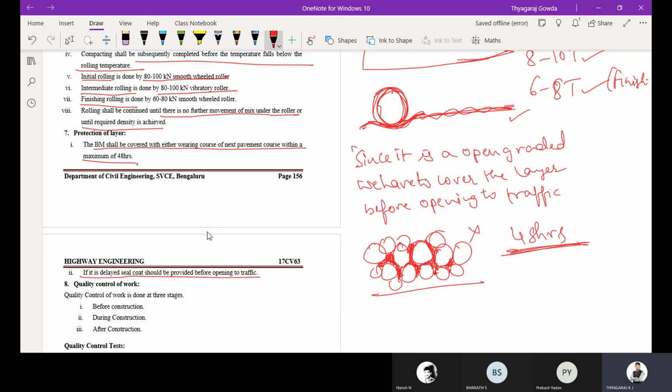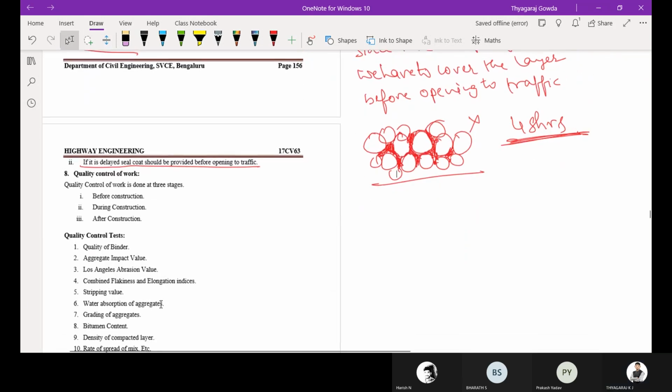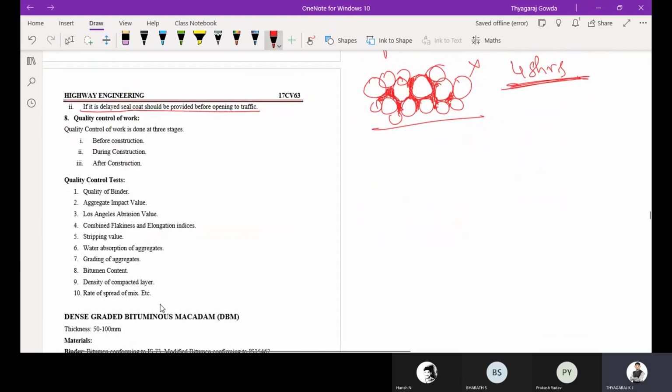Then what are the quality control works we are going to see? That is before construction, during construction and after construction. And what are the quality control tests you are going to conduct?